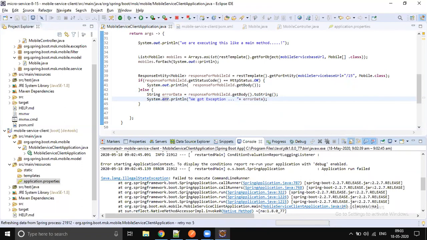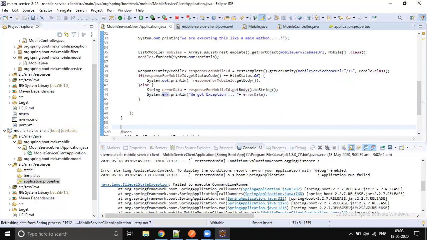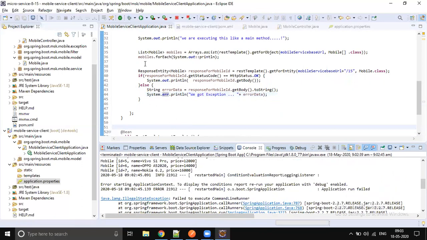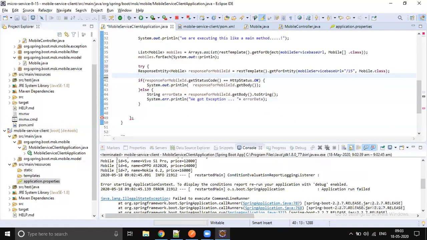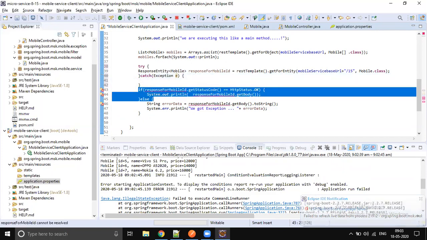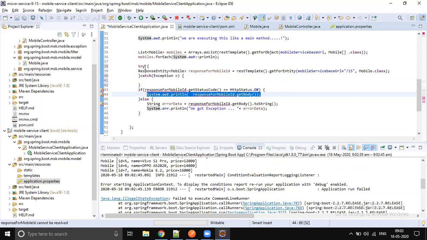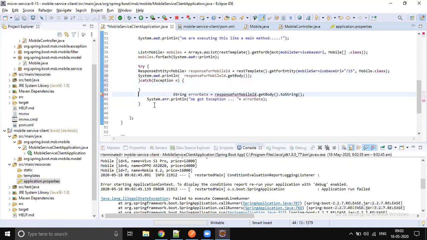Bad request. Okay, let's wrap it with a try catch. Catch Exception e. If it is a success, then print the mobile details. If it is not a success, then print the error details.